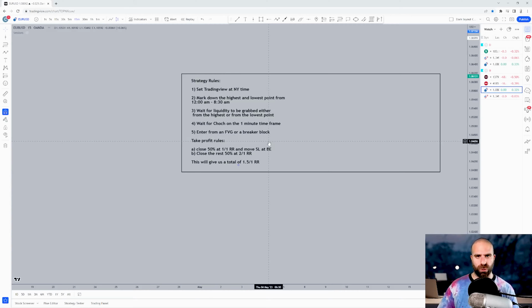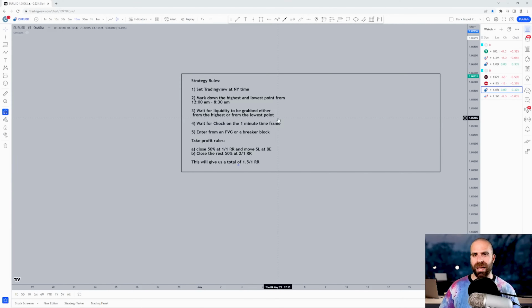The take profit rules now. Close 50% of your position at 1-to-1 reward to risk and move your stop loss to break even, and then target a 2-to-1 reward to risk for the rest of the position. This will give you a total of 1.5-to-1 reward to risk, and it has many benefits as a risk management